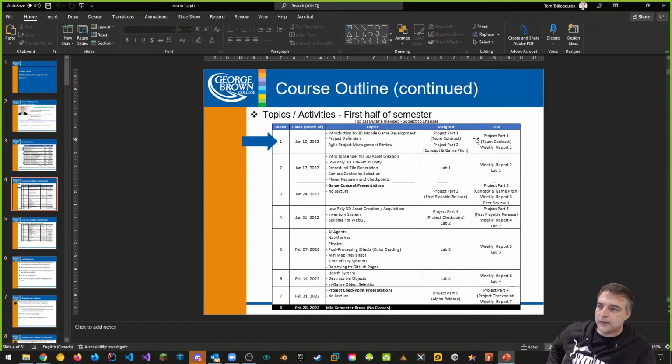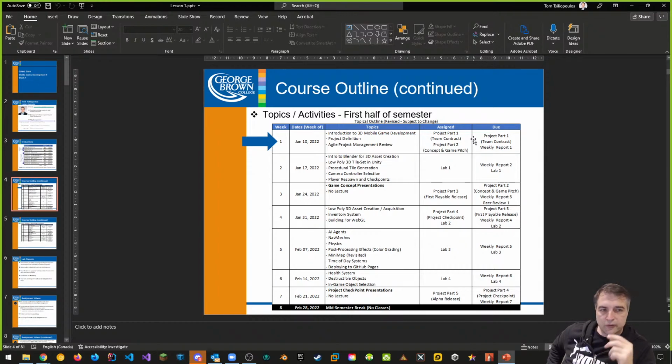What I'm going to do is work with you guys during both of those things to make sure everyone's got someone to work with. And we're also going to be talking about, I'm going to do an Agile project management review, which I've put here in this PowerPoint for you. But I've kind of defined the project for you.